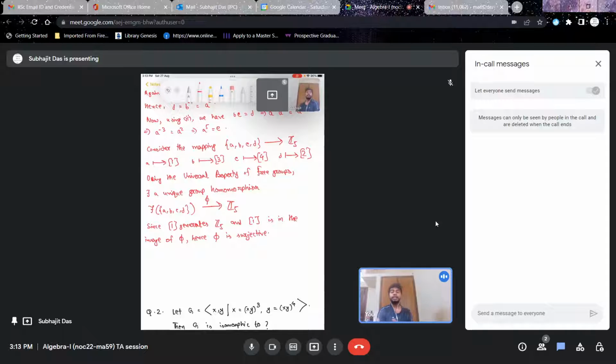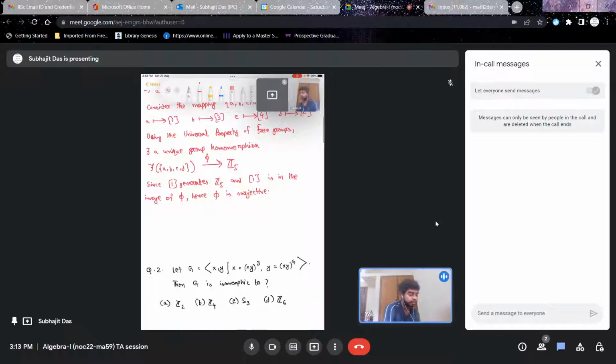And you can take A in the free group, and you can consider the same composition of that many A's, right? And that will be mapped onto this given element of Z5 via phi, right? So clearly phi is surjective. Also, since phi of A, which is 1 basically,